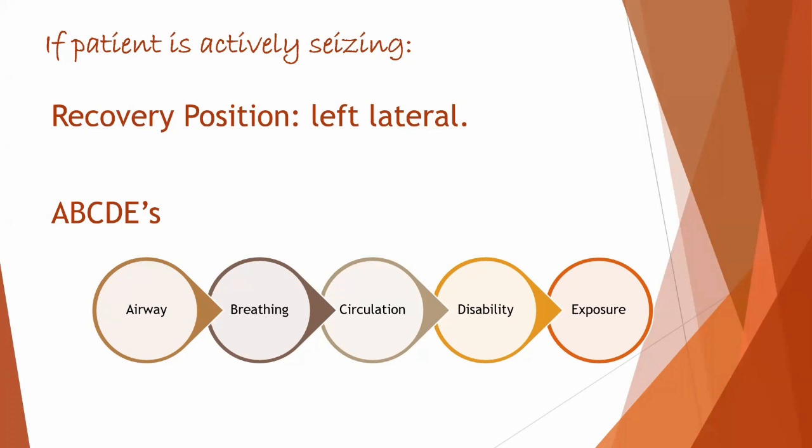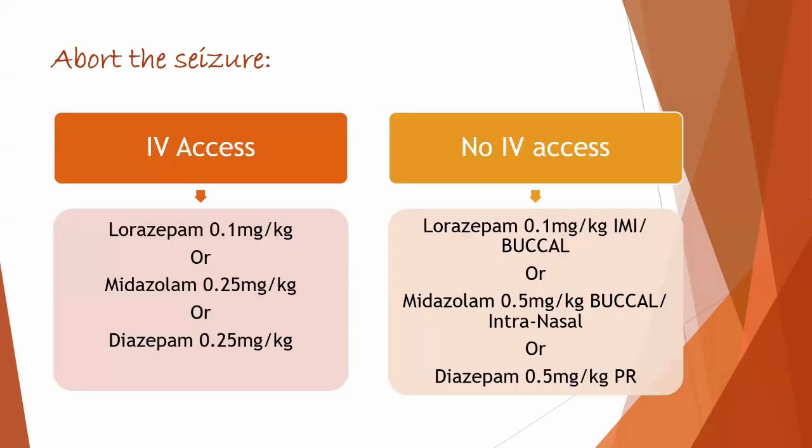Okay. So once you've addressed the ABCDEs, then you want to abort the seizure. As you guys know, it's not always possible to get IV access in a fitting or seizing child. So I'm giving options of when you have IV access, what drugs and dosages to use, and when you don't have IV access. When you have IV access, then you can use lorazepam 0.1 milligram per kg or midazolam 0.25 milligram per kg, which is the one that we have in our ED, the midaz,